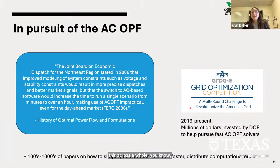So there's a recent competition that started in 2019 that myself and many others competed in called the ARPA Grid Optimization Competition. DOE invested millions of dollars into having people compete to develop software to solve ACOPF in a realistic way that could be used by ISOs. And there were some really good software and algorithms that came out of this. I hope eventually some of those will get to be used in actual grids to basically help close this optimality